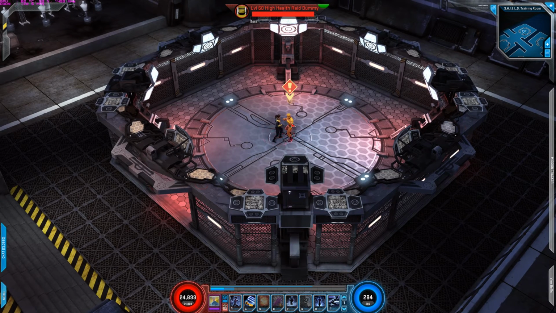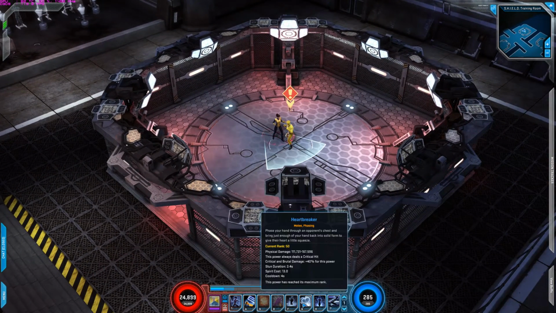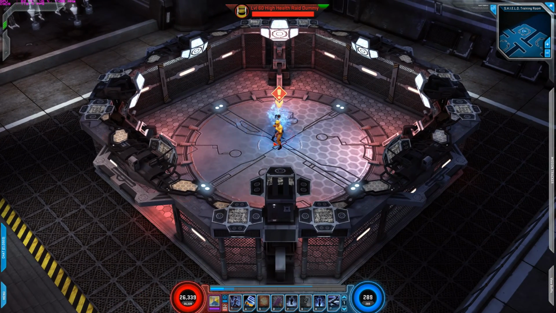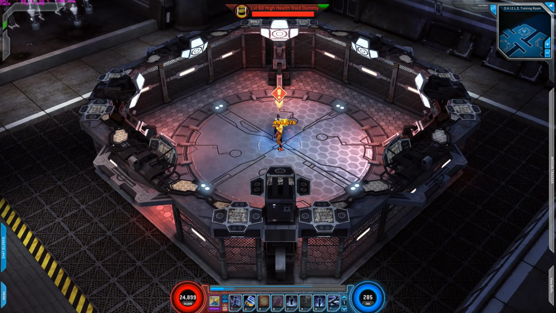See, now you want to be close to it too. With this power, you want to be close to your enemy, because if you're from a distance, you ain't gonna get that much. But when you're closer, most likely you're gonna do damage to that enemy. So